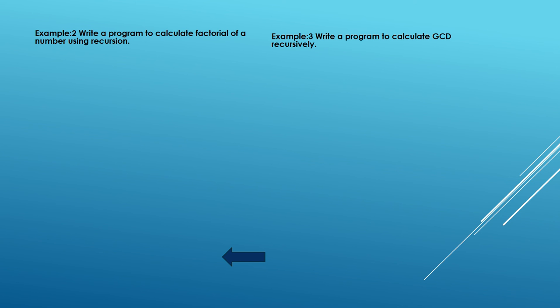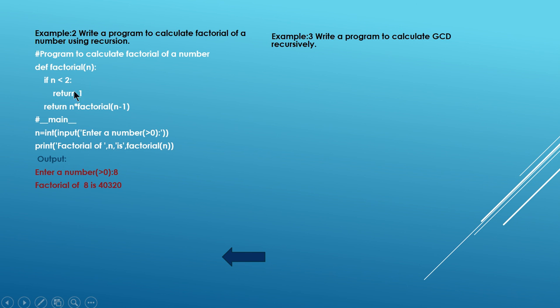And how will you write it as a recursive function? Whatever the value is, it is multiplied with the previous number. So factorial of 5 is 5 into factorial of 4, that is n into factorial of n minus 1. This is your recursive case. This is how you have to think in terms of recursion. Now look at the solution for this.